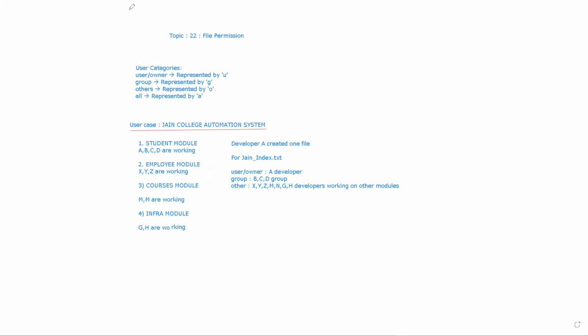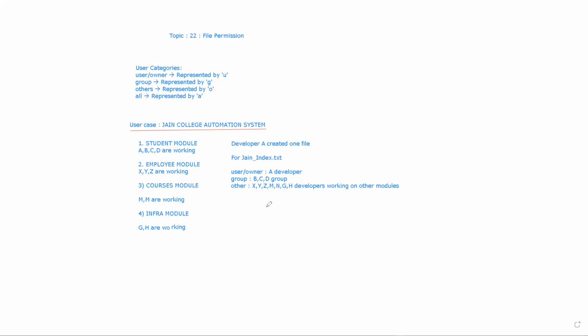This is the same analogy that simulates the user categories, how the different user categories are there in Linux, and how users fall into them.